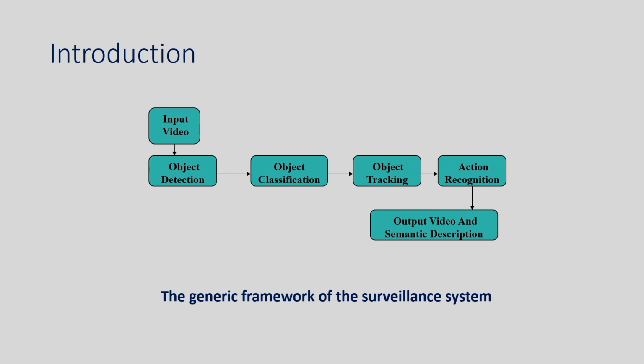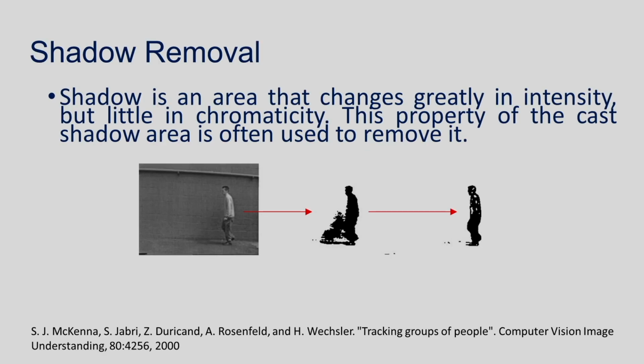Last class I discussed this system, and one problem I have already mentioned, the problem of the shadow. So, we have to remove the shadow. If I consider the cast shadow, suppose I want to do the tracking of an object, the shadow is also moving and the object is also moving. So, we have to remove the shadow. Based on the motion information, we cannot remove the shadow. So, for this we can consider some approaches.